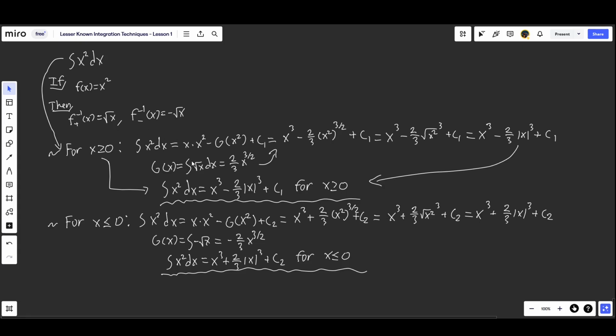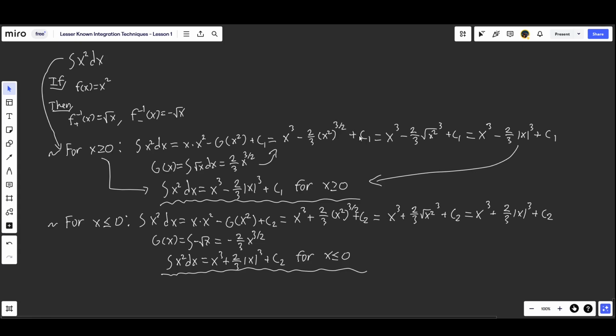So the indefinite integral of the square root of x with respect to x, which is just 2/3 times x to the power of 3/2. Plugging this in,